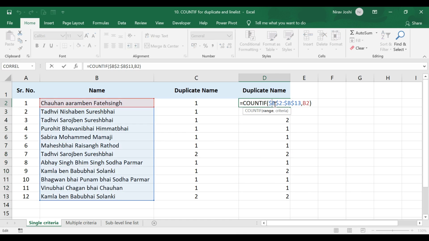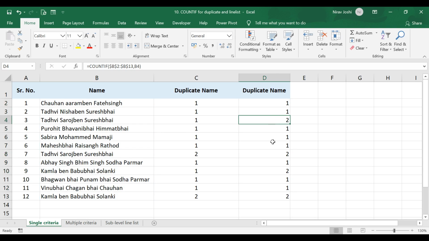Here remember to fix this range, otherwise the range would shift downwards as you drag the formula. Now what is happening here is it will show 2 in both these places. These are the duplicate values actually, right? So it will show a count of 2, and you need to identify which value you want to remove.